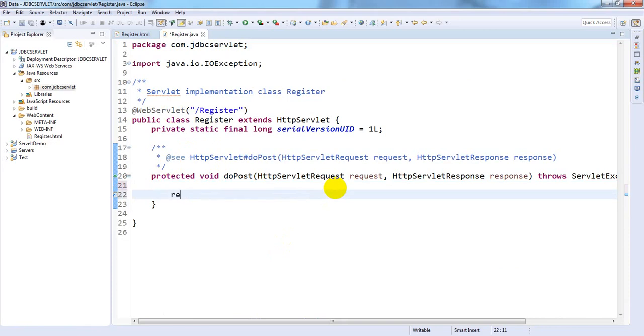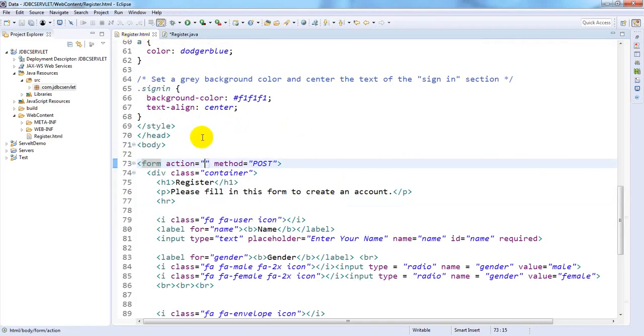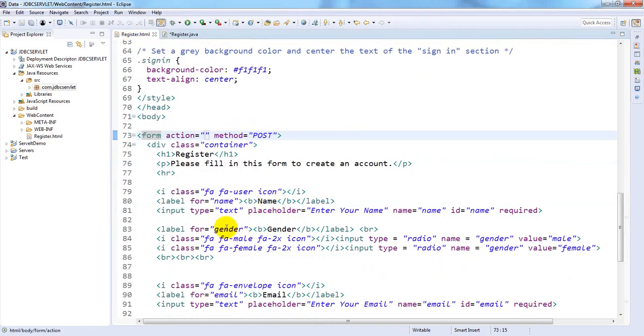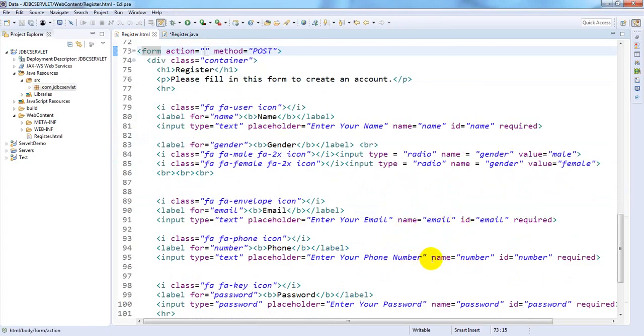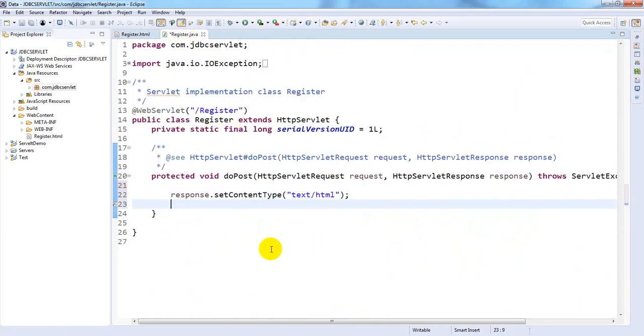Template has been given, and in that template let's implement the code. Here first we need to get the response. Response.setContentType is HTML. Now we have to fetch the records from HTML files. That means these names: name equal to name, and name equal to gender, and name equal to email ID, name equal to number, and name equal to password. For that we need to use